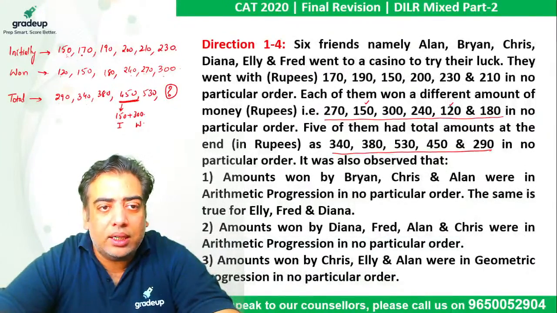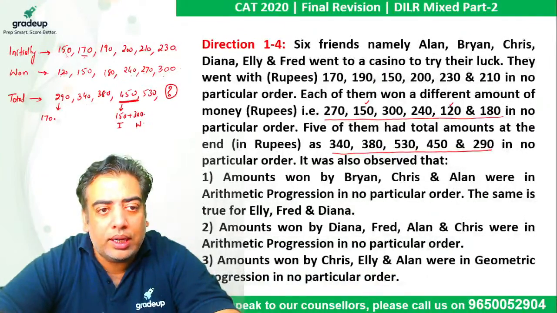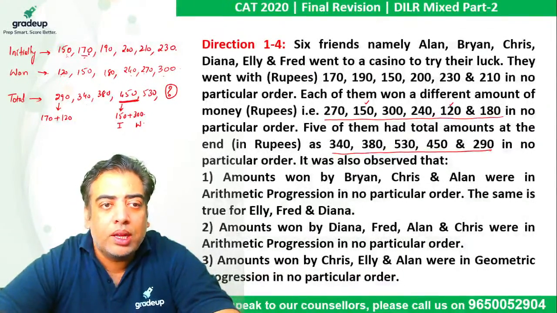Now likewise, if I check 170 plus 120, they add up to 290. So it is one of the possibilities for 290. So my order will be the same, initially plus the amount 1. 170 plus 150 add up to 320, which is not there. 170 and 180 add up to 350, which is again not there. 170 and 240 add up to 410, which is again not there. 170, 270 adds up to 440, which is not there. 170 and 300 add up to 470, which is again not there. So now it's very clear that 290 must have been the sum of these two, because no other combination is